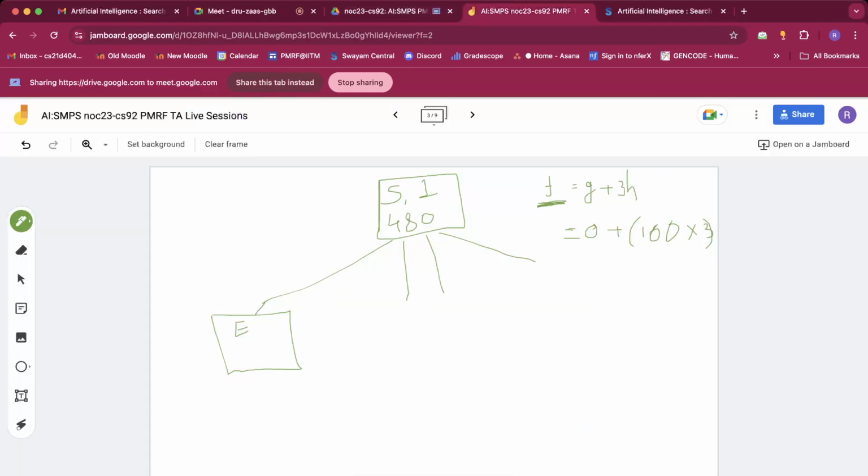So it will be 40 plus 3 into the heuristic value, the Manhattan distance for node E, which if I remember correctly was 170, right? So what should this come out to be? 40 plus,